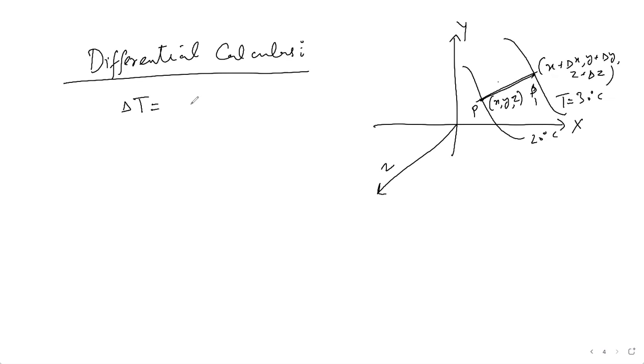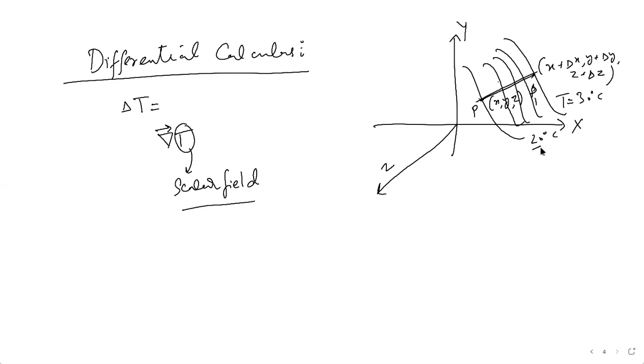And once you do that, you will notice a few things. This operator, what I call the gradient operator, acts on some function, and this temperature field is a scalar field. I introduced to you what we mean by a scalar field: a field defined on each point of space-time, here, here, everywhere, through these temperature contours. You don't need a direction to specify it. You just need a number.